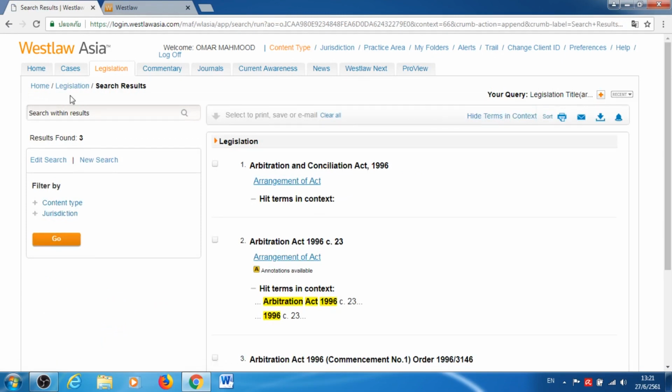And for the UK and for Hong Kong, we have historic law versioning and future law versioning as well. What that means is that you can go back to a certain point in time, and if a law has been repealed, you can go back and see what the text of that law was. And for the UK in particular, if you have a piece of law or section that's going through the government and is about to be passed at, say, 2019, you will be able to see what the text of that law is as well. So looking at the Arbitration Act 1996,